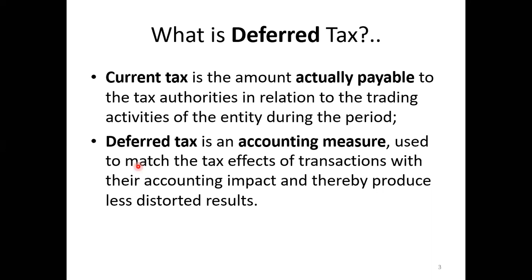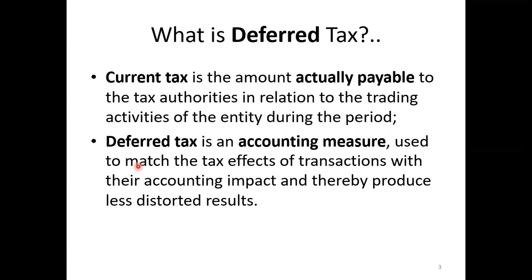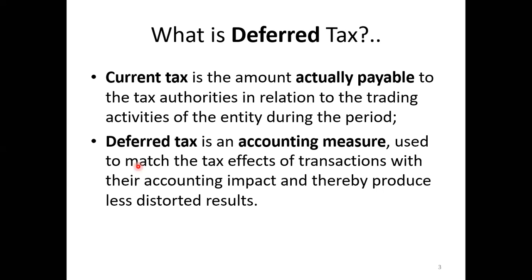That tax should be calculated based on the rules and provisions of the tax authorities of the country. The deferred tax, again I remind you, means the future tax. Current tax is the tax for the current period. Deferred tax means the obligation in the future. For your understanding, you can rename deferred tax as future tax. Deferred tax is an accounting measure. The term deferred tax is no more available in the calculation of income tax, but it's an accounting arrangement. So future tax is an accounting measure